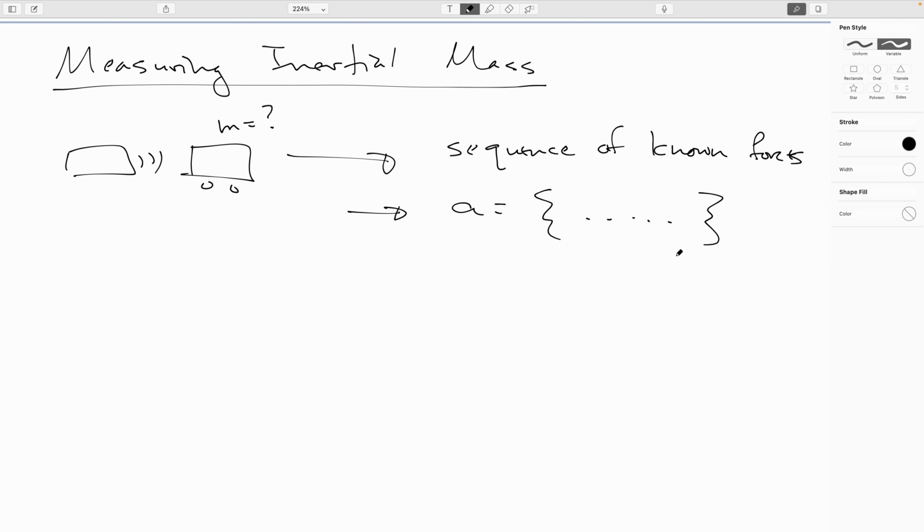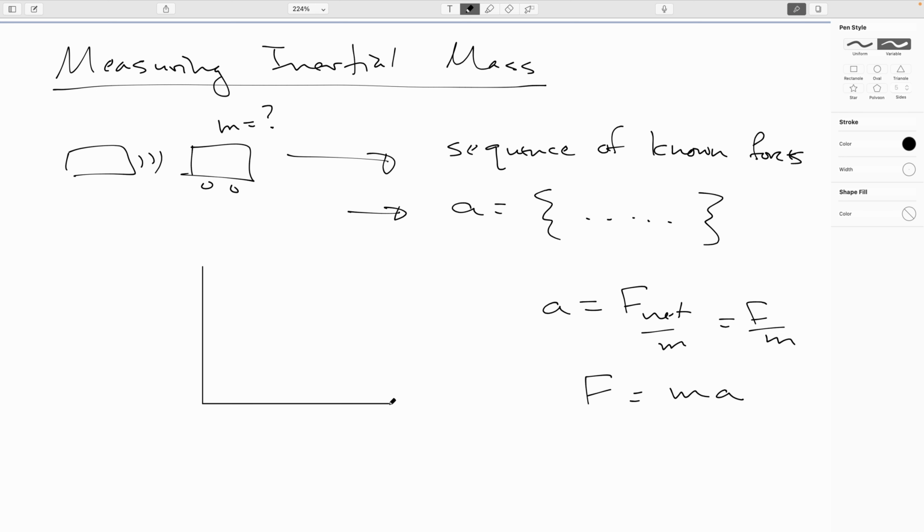Now, if we remember, as long as we're quite confident the mass of the thing isn't changing, and as long as we don't have this movement at relativistic speeds, we can use our almost always true version of Newton's second law, a equals F net over m, which in this case would be just our one applied force over the mass. I could rearrange this to be F equals ma. What would that do for me? Well, if I make a plot